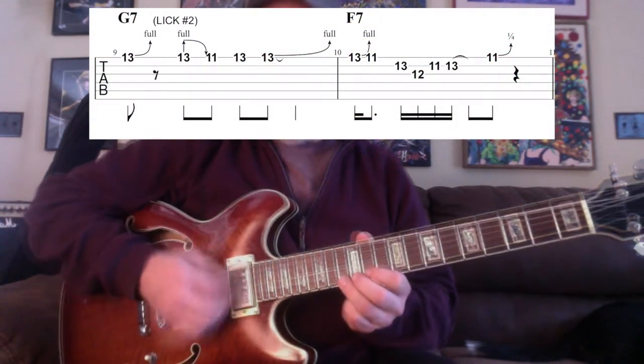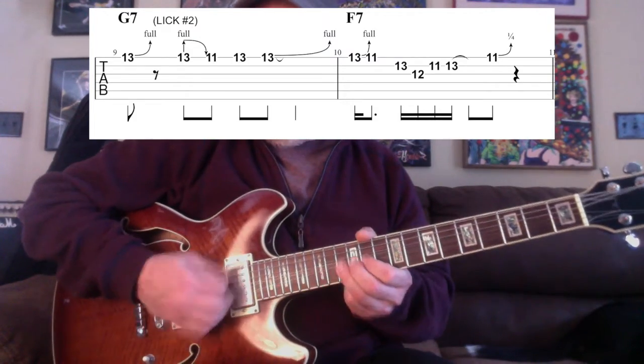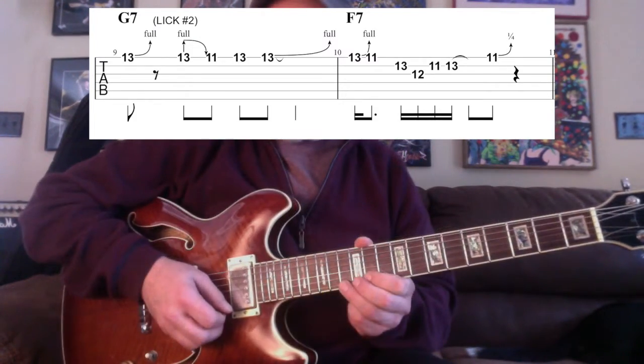So this last lick is really just another variation of those first 2, but this one does take a little more technical finesse to pull off, and it does incorporate another thing that Trey does pretty frequently. I'll play the lick for you. So the first thing he does is that same bend off of the 13th fret, but this time he cuts it off when he gets to the top of the bend, and then he strikes the note again while it's still bent and releases that bend, so you get...